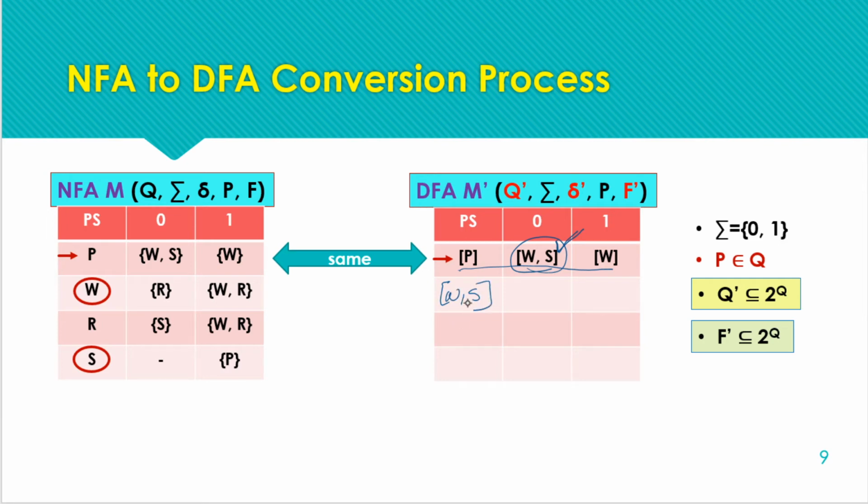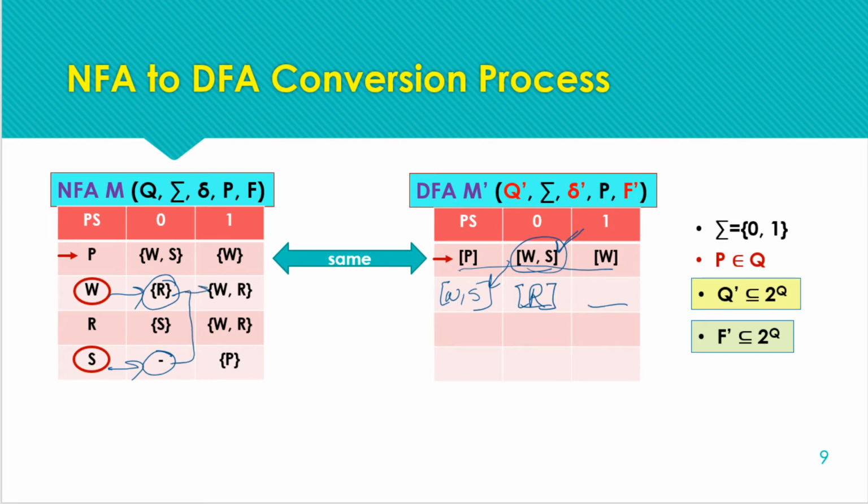For this we write the state here as the present state. Now we have to find the transition for input symbol 0 and for input symbol 1. Starting with the process, we check the resulting sets. Here we are getting R and here nothing, so we perform the union of these two sets. As we have only one state, we can directly write it for input symbol 0. Now checking for input symbol 1.